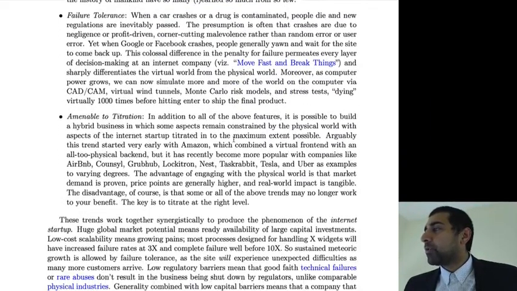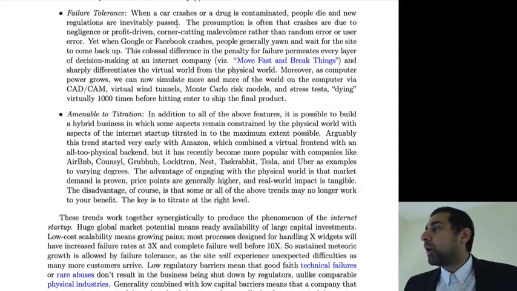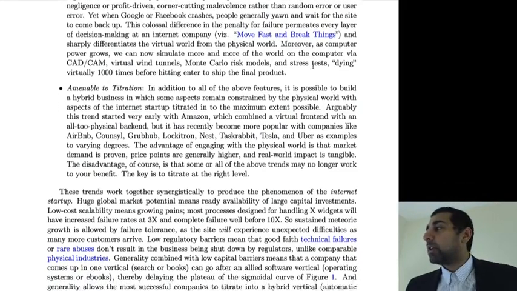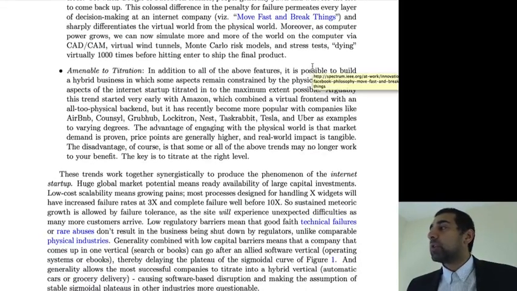So another example is failure tolerance, or another kind of property. When Google or Facebook crashes, people yawn and wait for the site to come back up. But when there's a physical car that crashes or a drug is contaminated, people die, and there's new regulations that are passed. So this is a huge difference. It's a colossal difference in the penalty for failure, and it's one of the big reasons why internet startups are allowed to move fast. You can move fast and break things in a way that you just can't in the